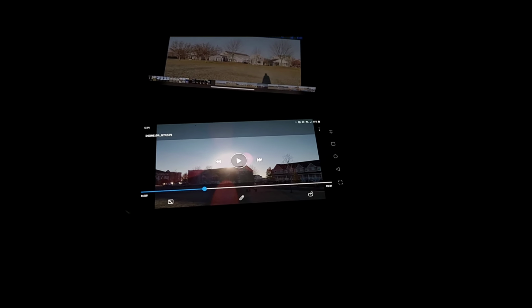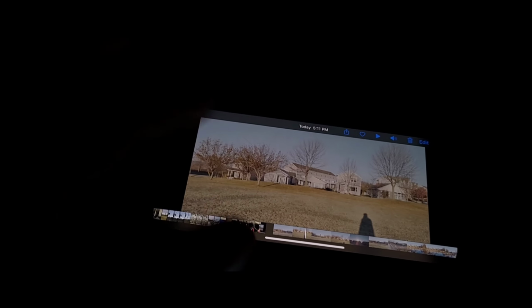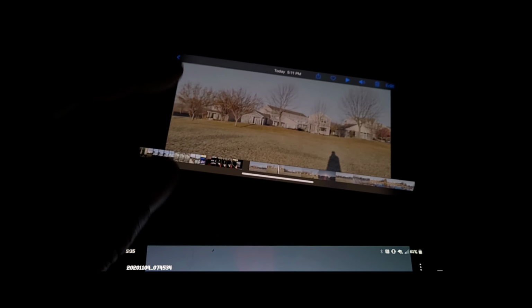All right, so I'm back, and what I realized is that I forgot that on KineMaster I did render it to 4K 30, because at the time I thought the S20 FE wasn't able to render at 4K 60, but I forgot to go into the experimental settings and actually set it to render at 4K 60 on the FE. So I re-rendered it in 4K 60 on the V60, but the problem is on the iPhone, it's playing these clips back at 30 frames per second. So that means this 60 frames per second clip that I took with the V60